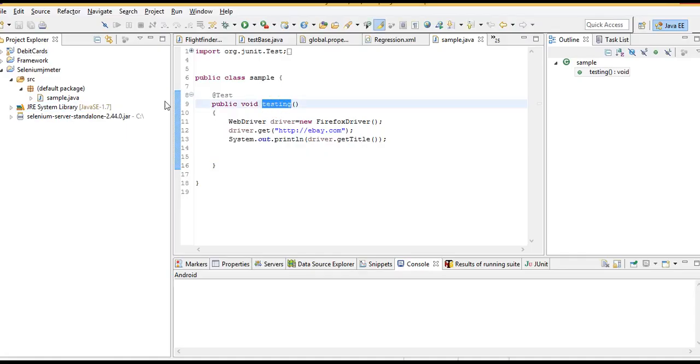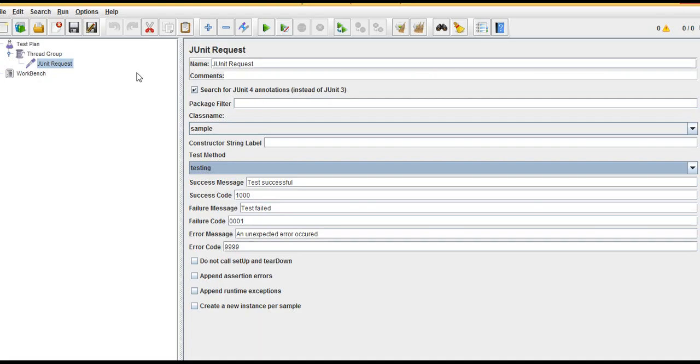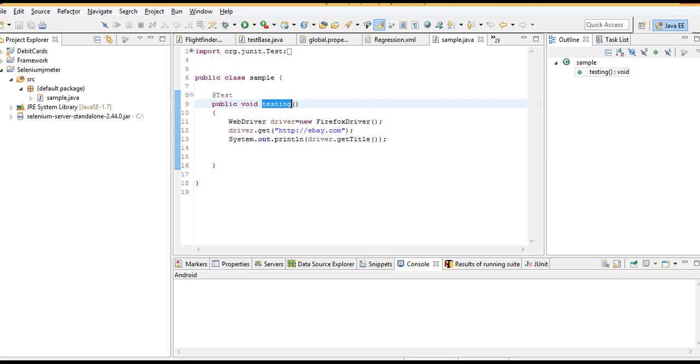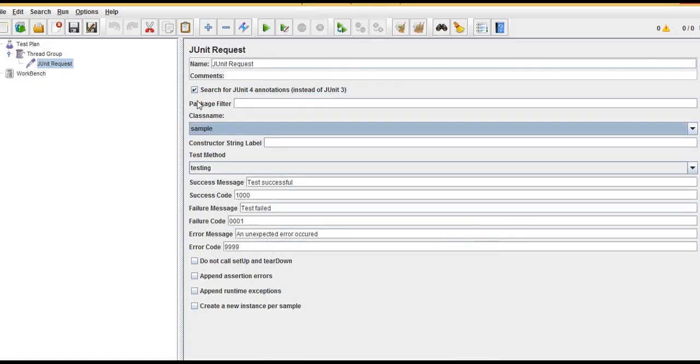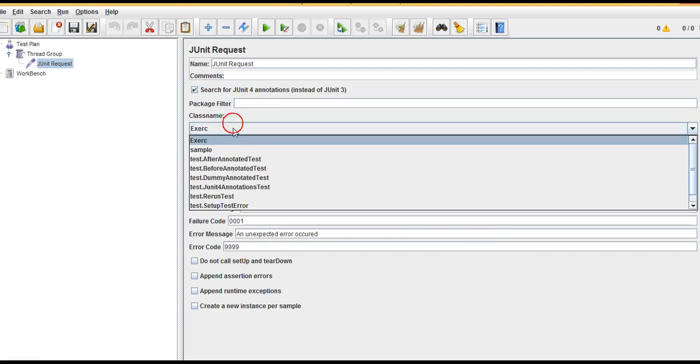Yeah, testing. So you can see here, when you check it, class name and test method you need to give. So go back to your Selenium code and see what the class name is. Sample is the class name, right? So come down here and select sample, but make sure you check this checkbox. If you don't select it, you will not see that option.